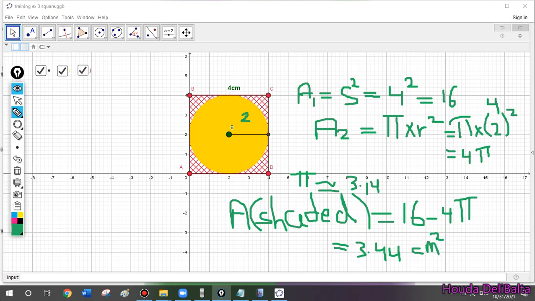For the area, the unit is centimeter squared. That's according to the area of the shaded region. So we reviewed the area of a square using the sides, and the area of the circle